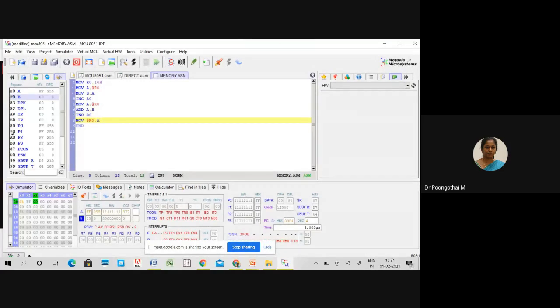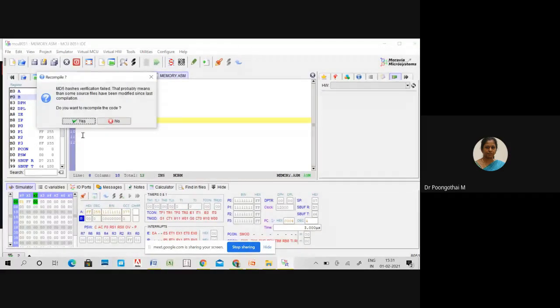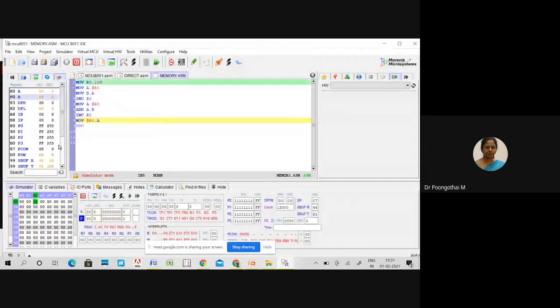Okay. So execute this code. Is that fine? So give 01. Okay. And at 01 you have to enter your inputs. 11, 12.